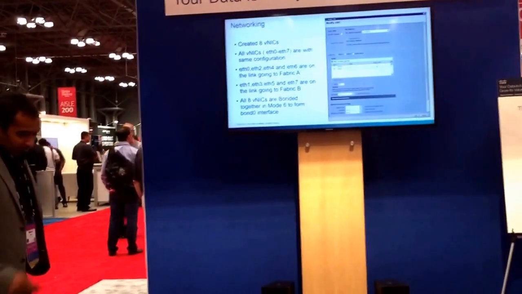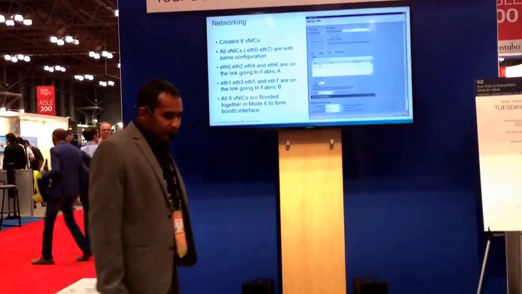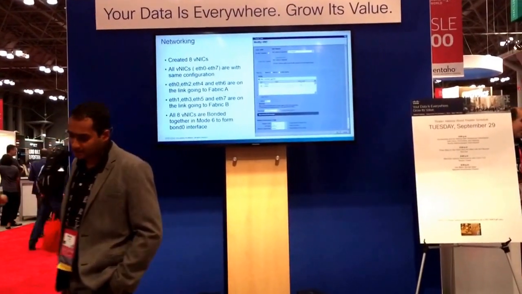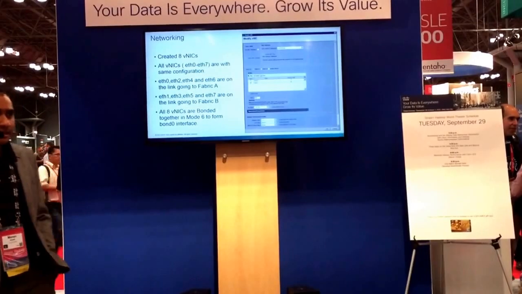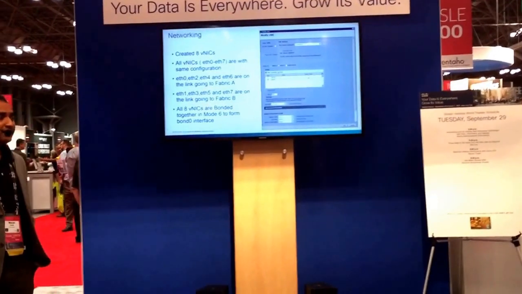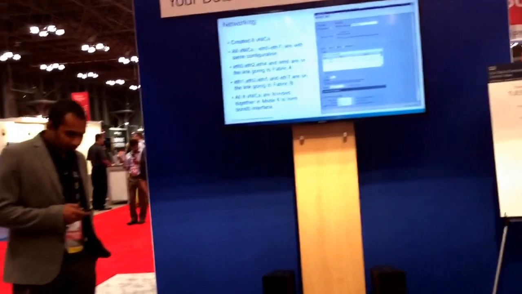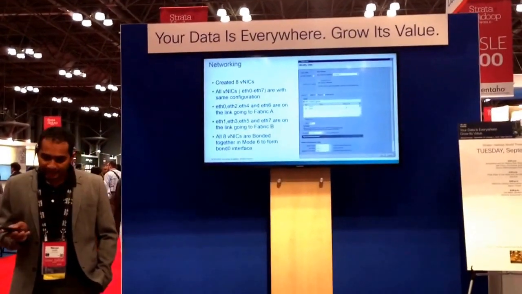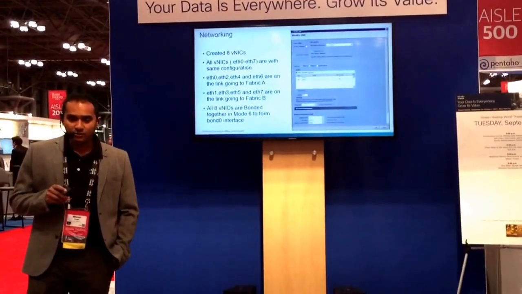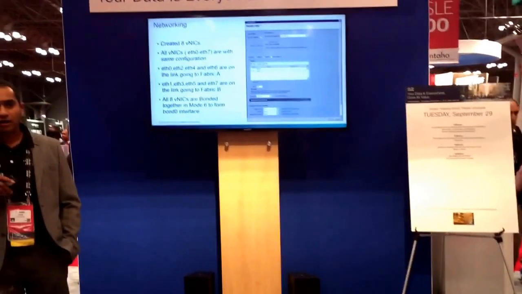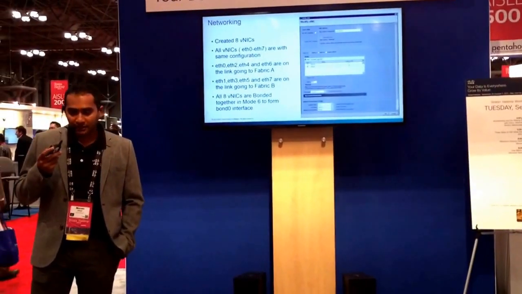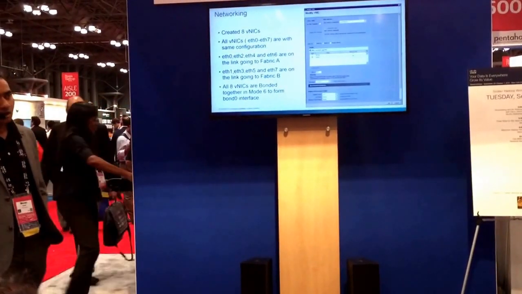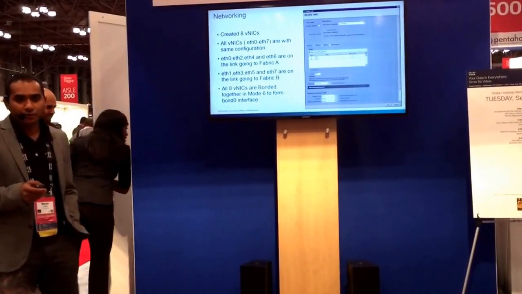So let's start with networking. When we talk about optimization to maximize Hadoop performance, we have network, storage, and compute tuning. In networking, in a service profile, we created 4 NICs on each side. So every server has 8 virtual NICs. All odd NICs refer to Fabric A, and evens refer to Fabric B, and all of those are bonded together using mode 6.